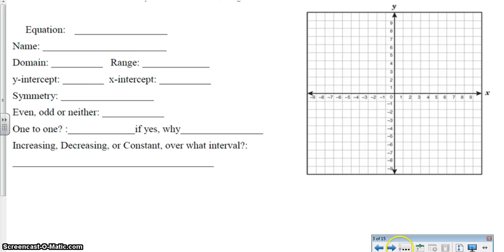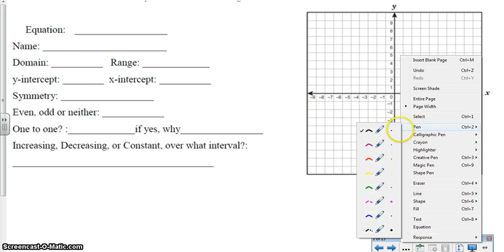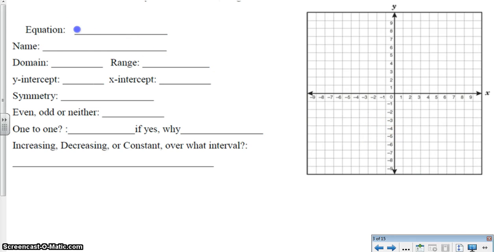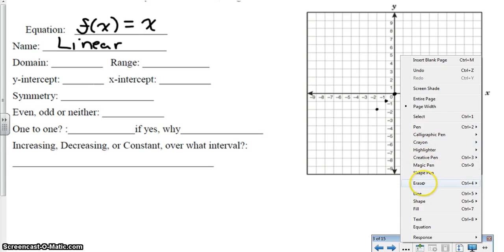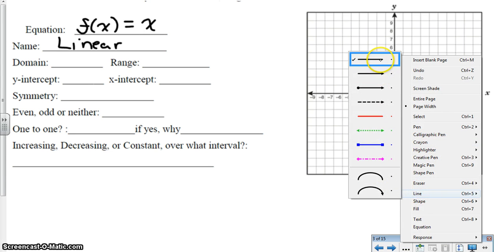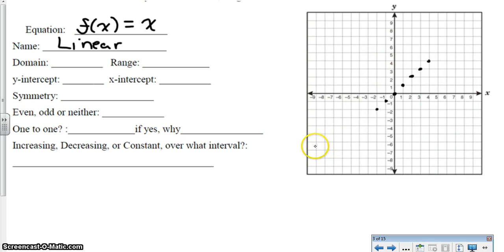All right, this equation, the parent function, was f of x is equal to x. And hopefully at this point you knew that that was a linear. Okay, so when I graphed that, when x was equal to 0, y was equal to 0, and so on, and so on, and so on. And what we noticed is that we ended up with something that looked very similar to this. And then we went ahead and graphed it with a line. And what we should have noticed is that